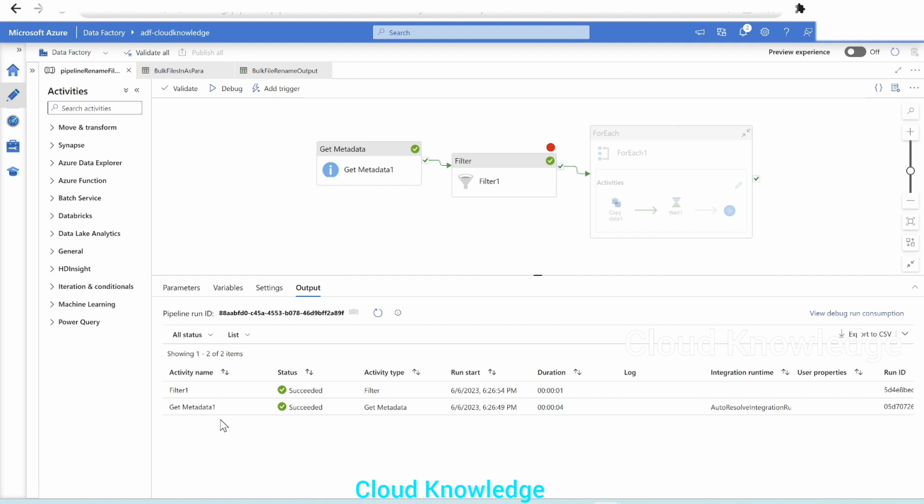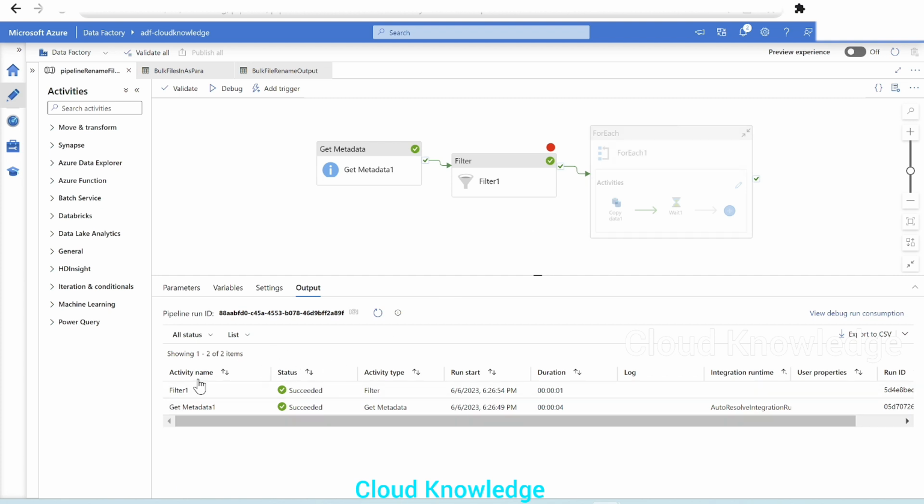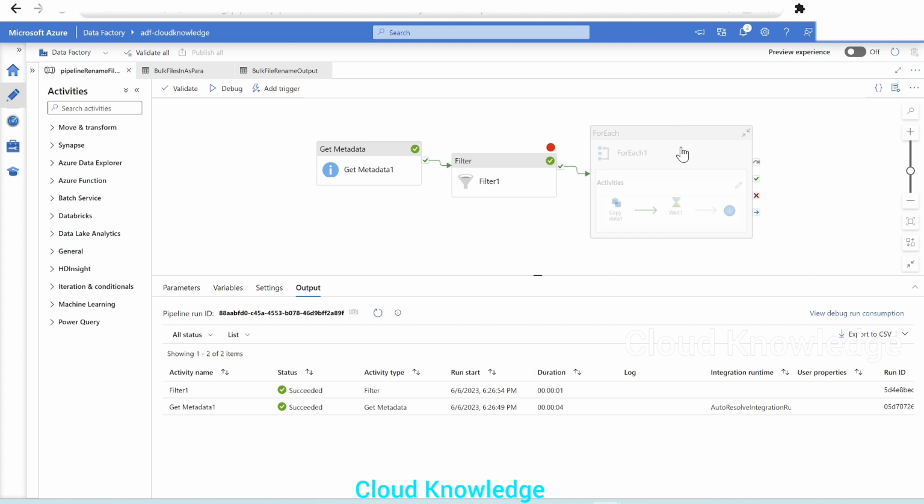So get metadata 1 and filter activity have succeeded, for each is disabled, and there is no execution for this for each activity. Though for each activity is present inside the canvas, because of the setting of the breakpoint, it will not execute. So once our debugging is complete, we have to disable this debug until option, or the breakpoint. So we will again click on the debug until option here,